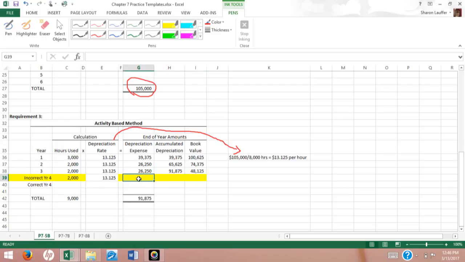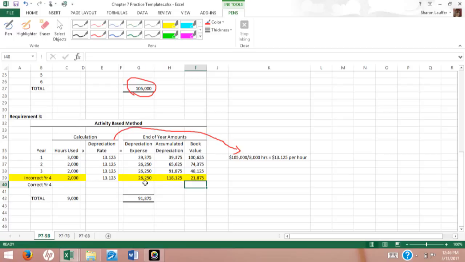If we continue doing this, we say we're going to use this machine for 2,000 hours in year 4 times 13.125, which gives us depreciation of $26,250. That gives us an accumulated depreciation of the previous amount plus the $26,250, which is $118,125, and then our book value would be $140,000 less our accumulated depreciation so far, which gives us a book value of $21,875. So I wanted to do this, and this is highlighted for a reason,